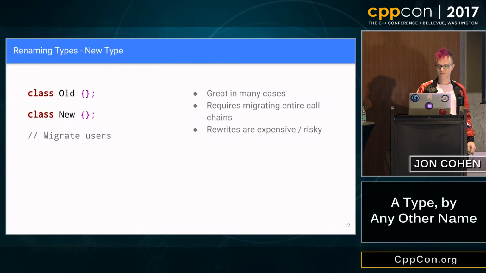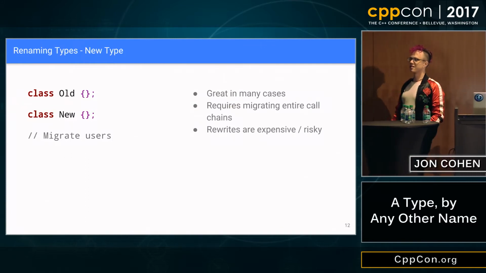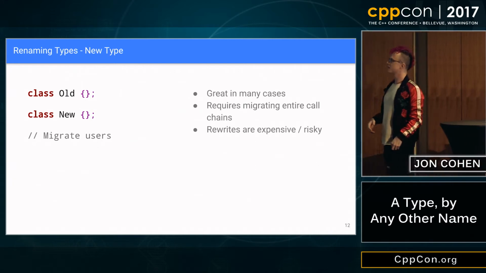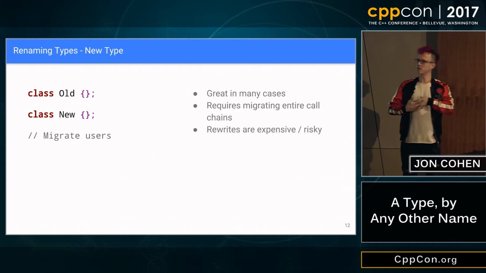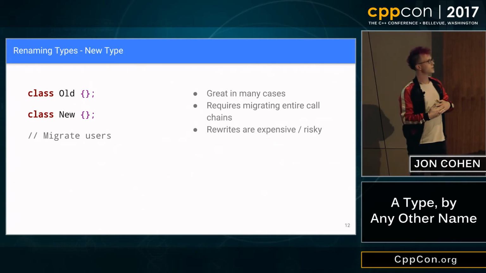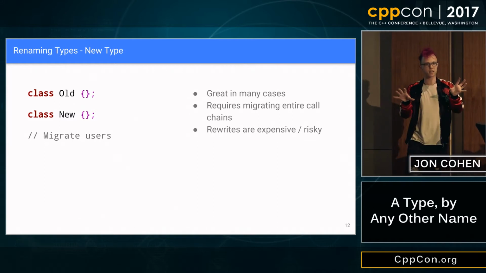Great, so there's a really easy question to come out of this. Why not just make a new thing? Why not make a v2 of our type? This is totally fine, and it's kind of orthogonal to the point that we're talking about. A lot of what we're going to do is make a new type. We're going to see a couple instances of these refactorings where we do make a new thing and migrate people.